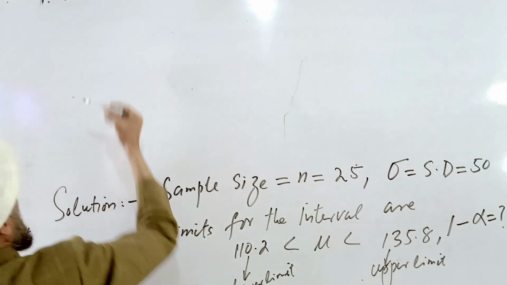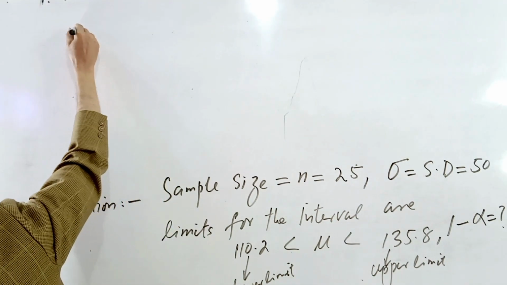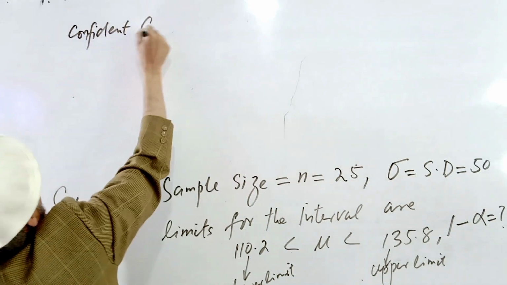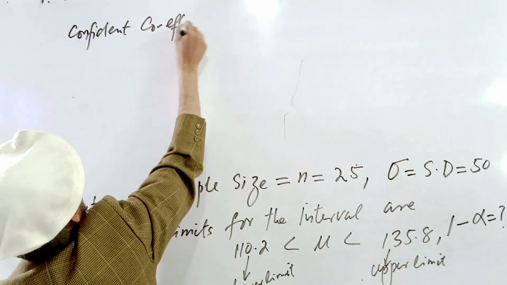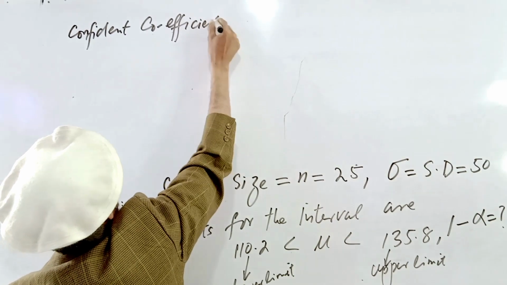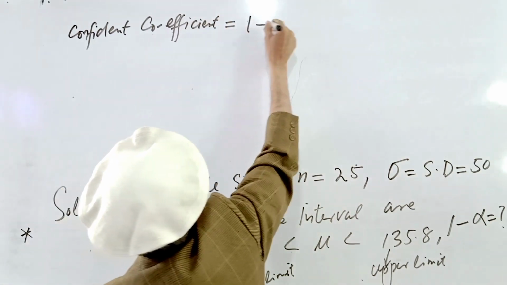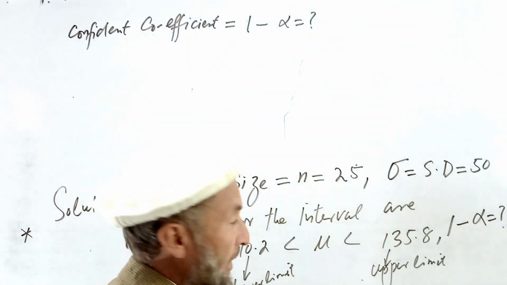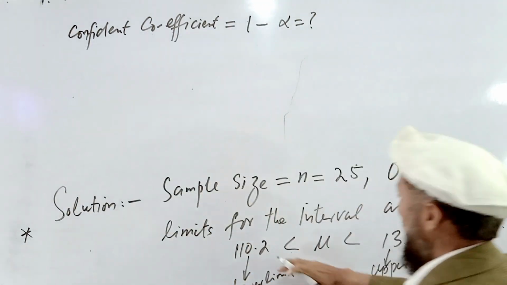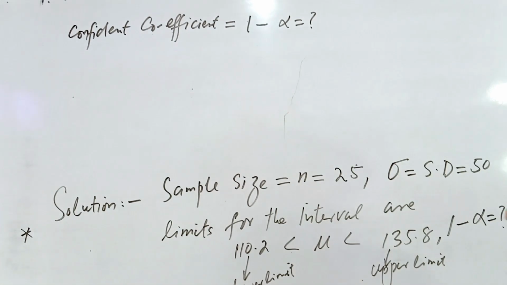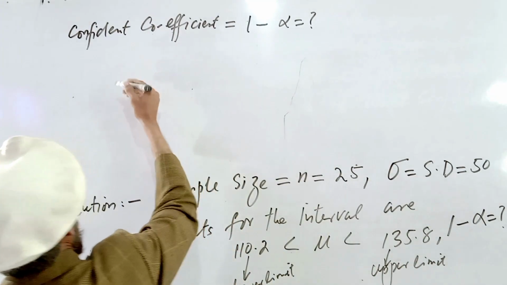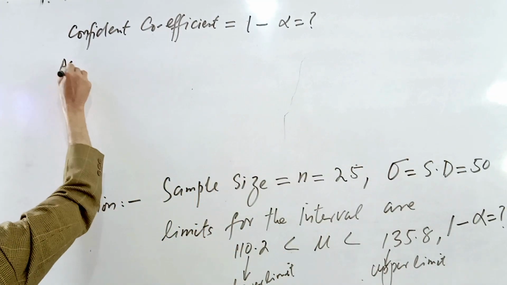So the required confidence coefficient, 1 minus alpha, is unknown. How do we calculate 1 minus alpha? The confidence interval is given, 110.2 to 135.8. So, as we know,